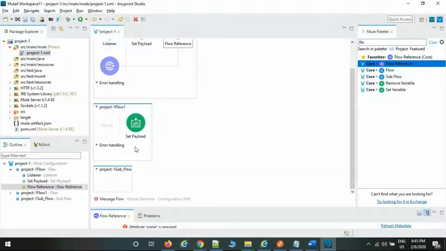What is the advantage of private flows? To reduce the complexity and improve the performance, so that if any exception occurs, we are able to find out where it got an error or why it got an error. We can easily resolve it instead of checking from here. You can directly go here and concentrate. It won't impact this flow and this flow. How are we going to communicate from one flow to another? By using flow reference. Any doubt here?